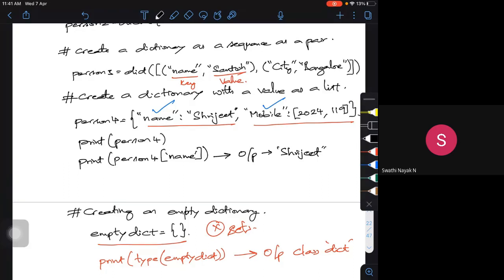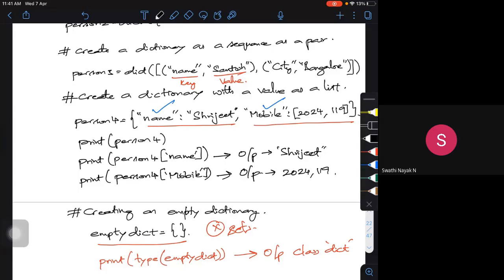Now, if I want the mobile numbers, print person 4 within my bracket, I'll put mobile, and the output will be 2024, 119.